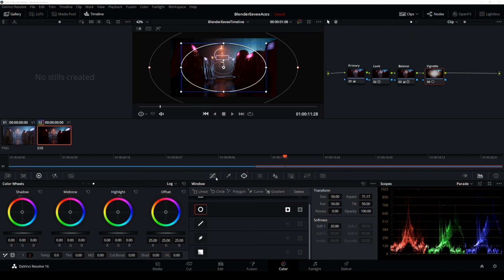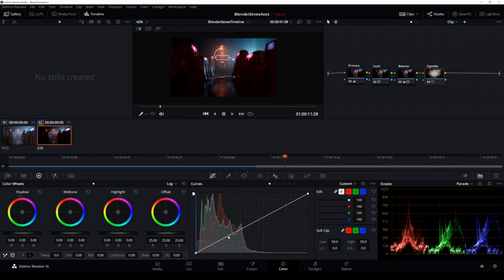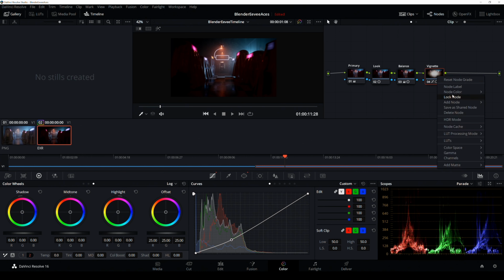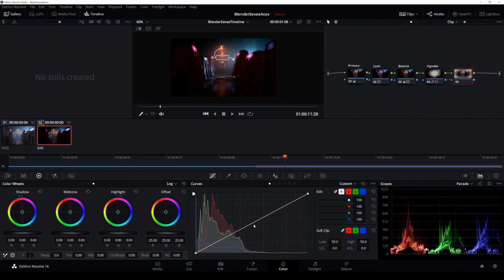So I'm going to go into my curve, and I'm going to come and try to pull this down just a little bit, somewhere around like the 0.4, and just pull that down and see the difference there. And then I'm going to add an outside node. So I'm going to come into add node and add outside, and I'm just going to push that up just a little bit. So you can see